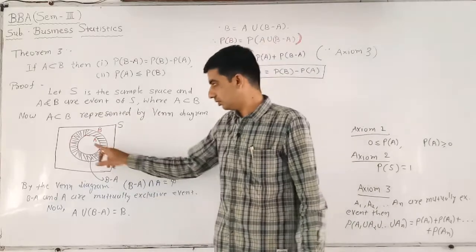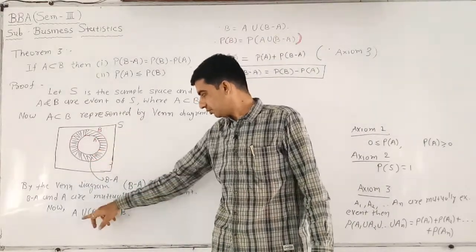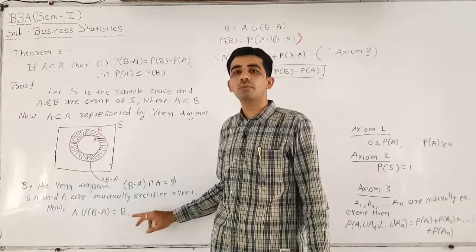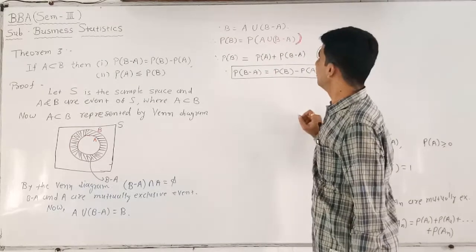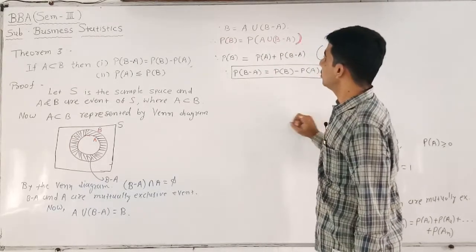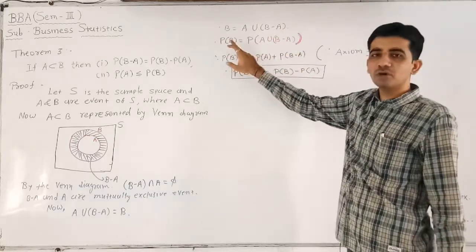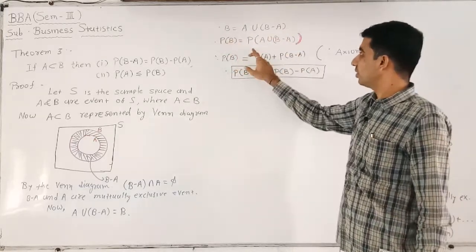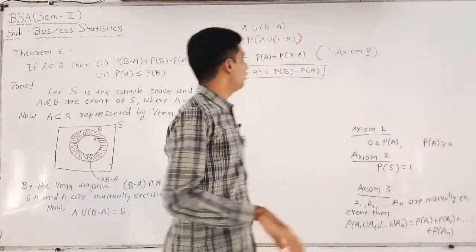Now A union B minus A. What is A union B minus A? A union B minus A is equal to B. So B is equal to A union B minus A. Now apply the probability on both sides. So P of B is equal to P of A union B minus A, and finally P of B is